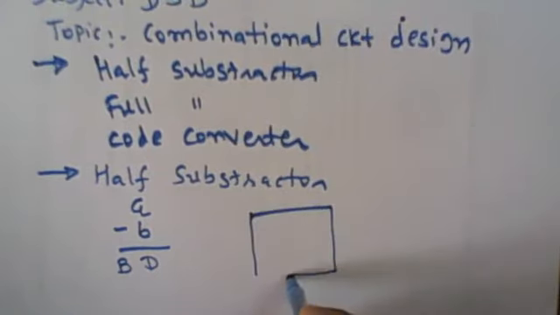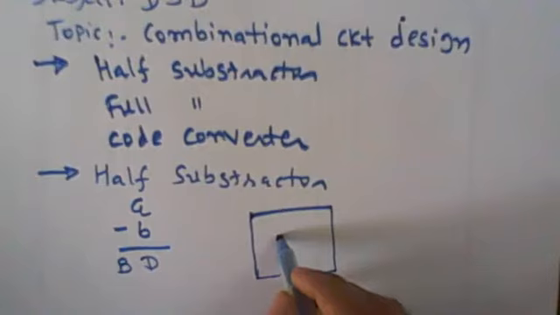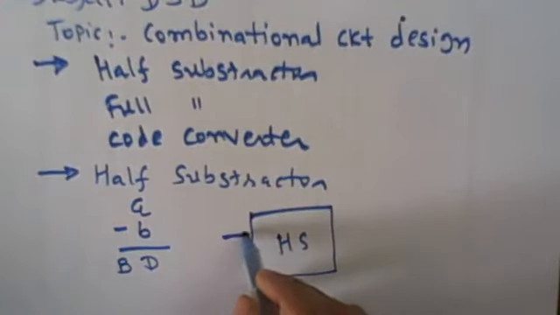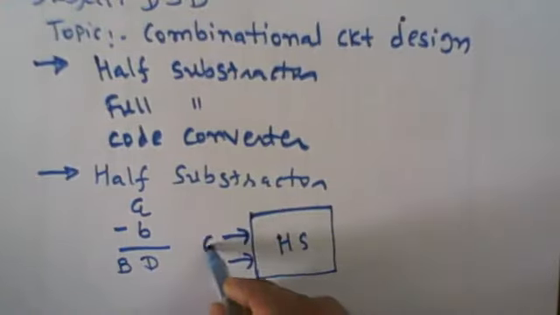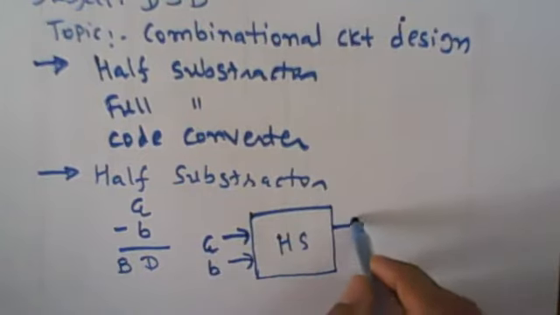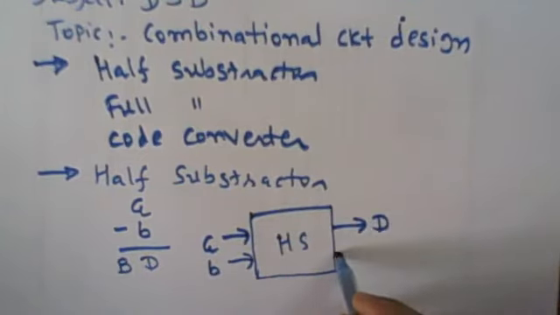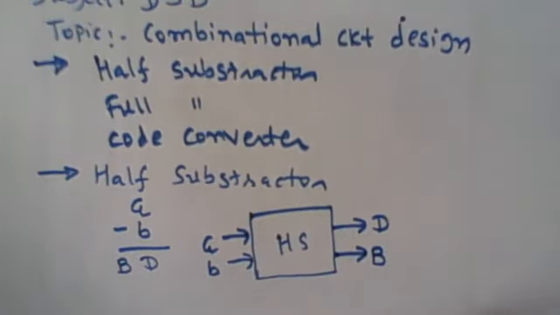So any half subtractor has two input variables A and B, and it produces two output variables, difference and the borrow bit. So we have identified how many input and output variables are required. We have assigned the symbols A, B and D and B. Next step is to prepare the truth table. Right? Let's prepare the truth table of